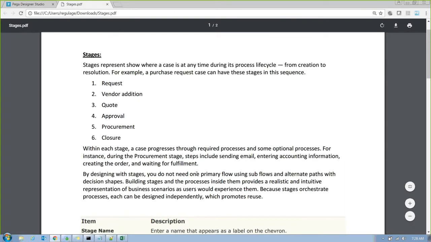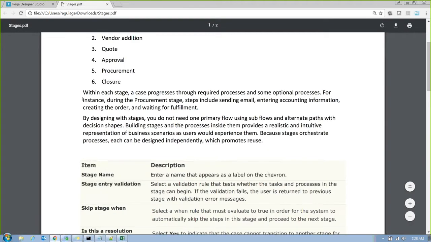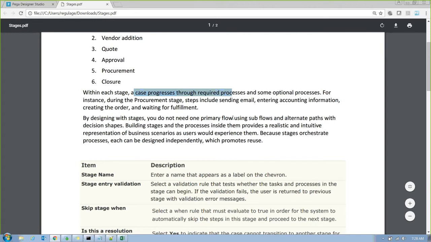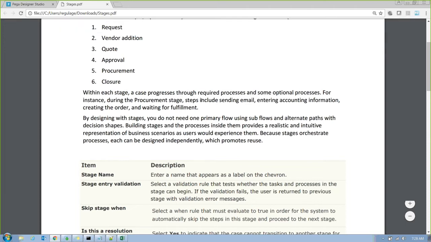Okay? And each stage will help you in progressing your case. Okay? So moving from one point to another point in your case, the stages are helpful. Okay? They can help you in gathering information from the user, sending emails, saving some data into the database. So you can do everything during these stages.